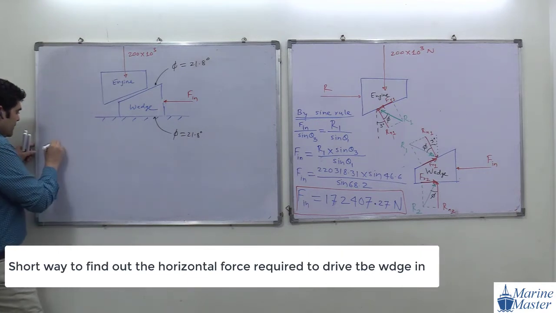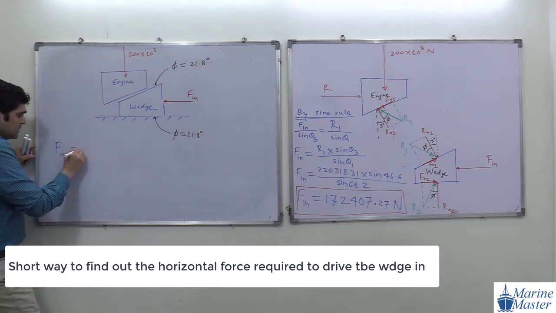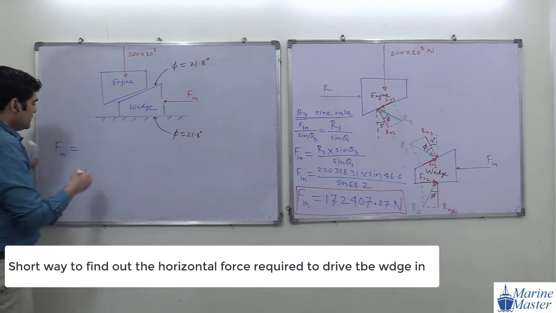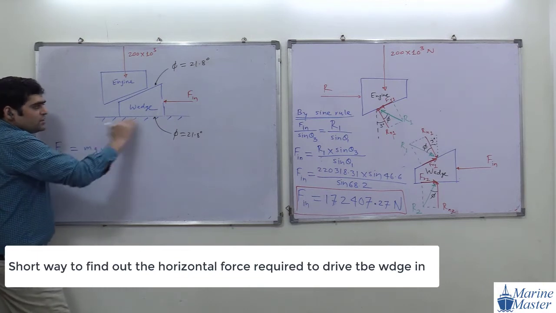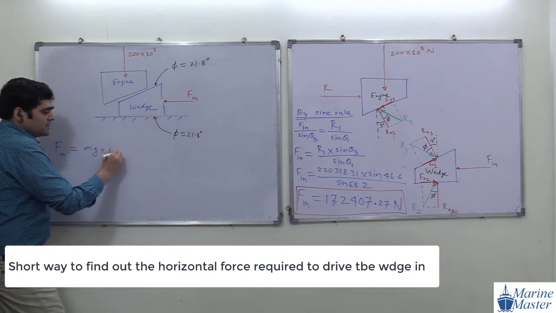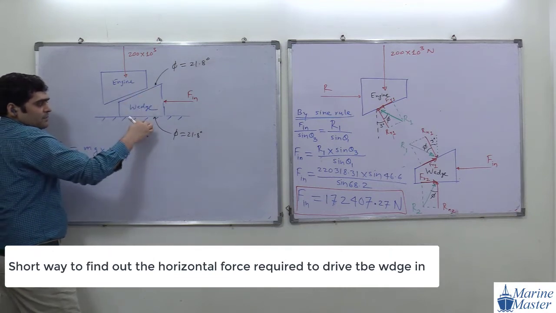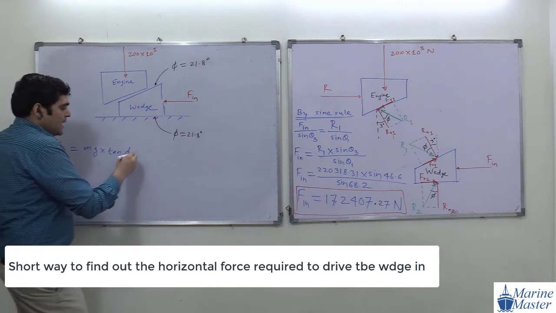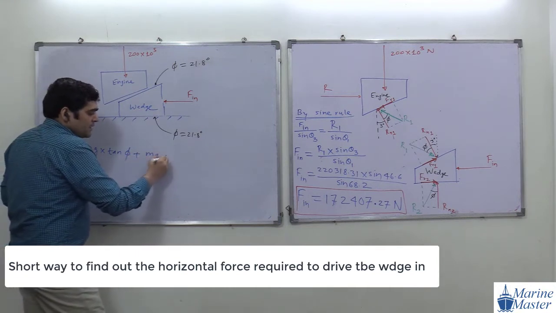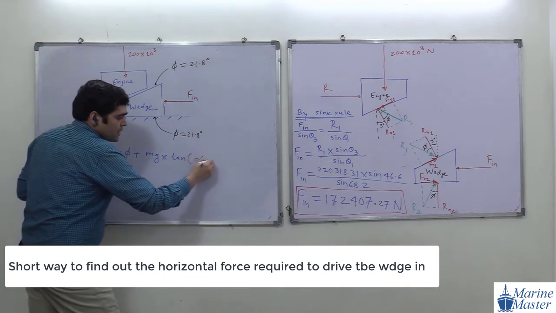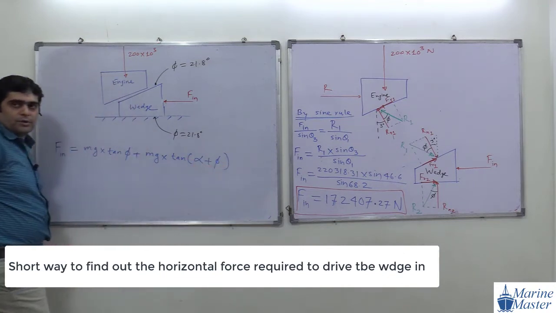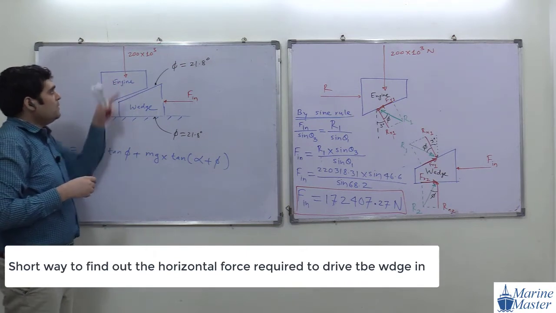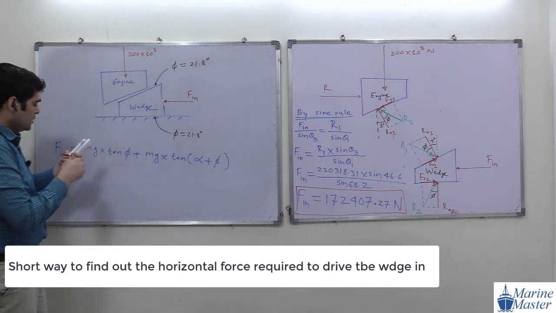How to find F in? Guys, what is the relation for us? I have given you mg. For the horizontal plane, mg into tan phi. Here the same phi. For this horizontal plane, mg tan phi. And for the inclined plane, mg tan of alpha plus phi. See the scenario. Are you getting my point? And what will mg be here? Total load will be what?